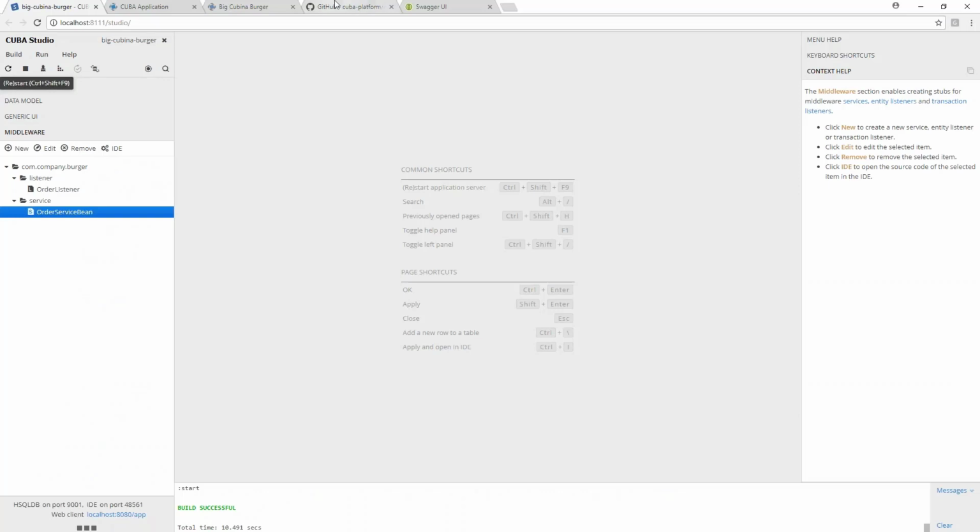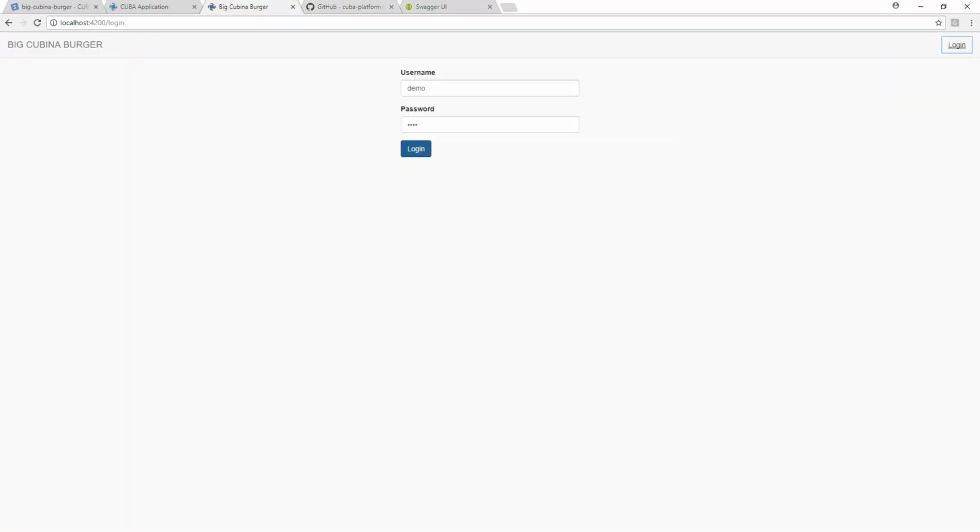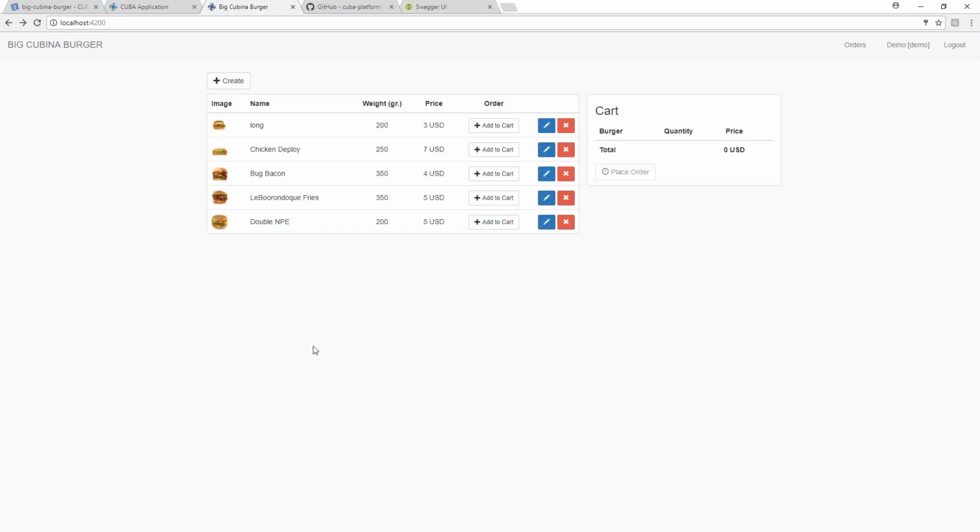Okay, let's open our application. Click login. So now we see a card. We can add menu items to it, and then click place order. And again, we can add menu items. We can see total, place order.